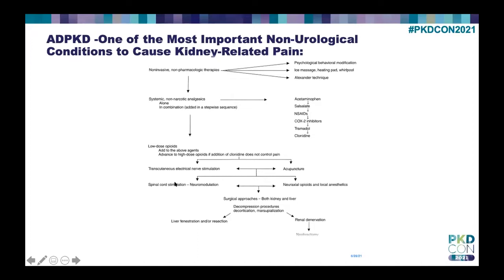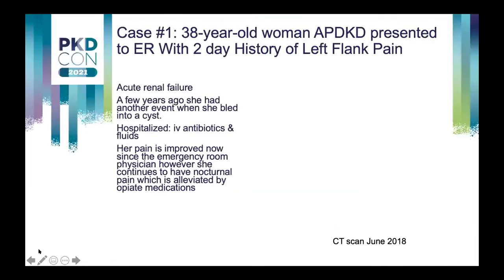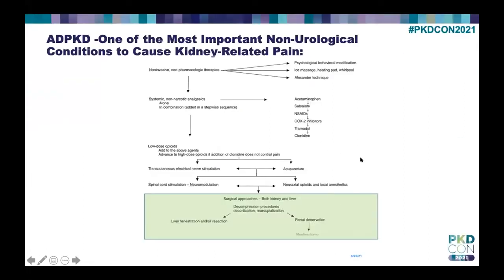Very rarely can we use a spinal cord stimulator, which would deliver neuromodulation, or a spinal opioid infusion. That's very rare that we've ever done that, but it is an option. But more and more, we're using surgical approaches to decompress cysts that clearly associate with symptoms. I'm going to show you some examples from liver and kidney and some examples of denervation approaches that we use. And not on that slide is that now we have an approved medical therapy in the form of tolvaptan that